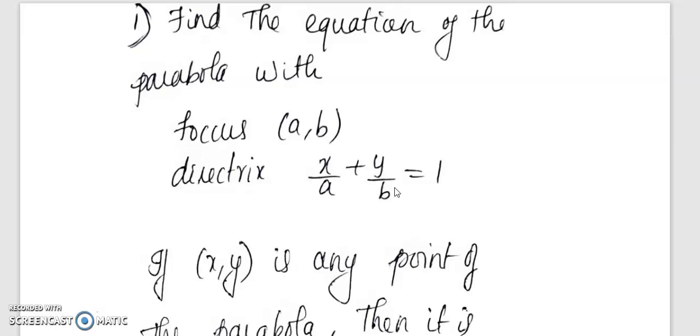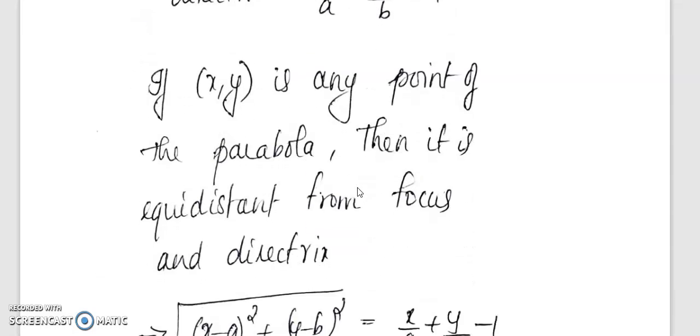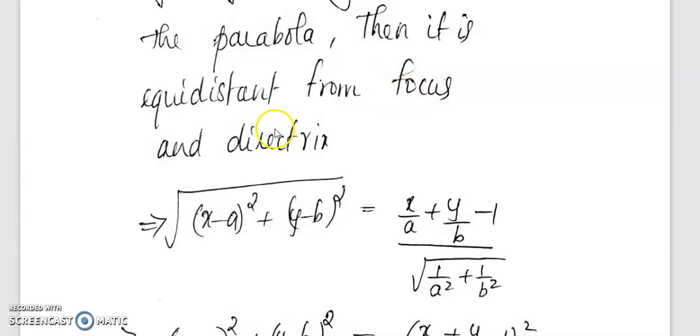So if you take any point (x, y) on the parabola, that will be at an equal distance from the focus and the directrix. So we will compare both the distances. So for this we will take (x, y) to be a point on the parabola. Then it will be equidistant from the focus and the directrix. So distance from (x, y) to focus is root of (x minus a) whole square plus (y minus b) whole square, and distance from the point